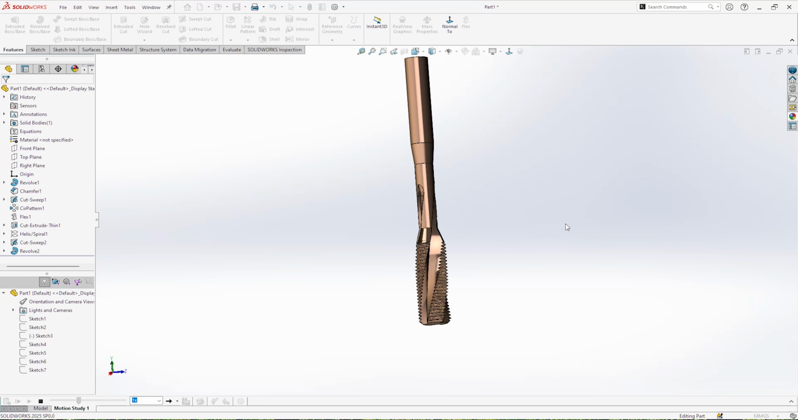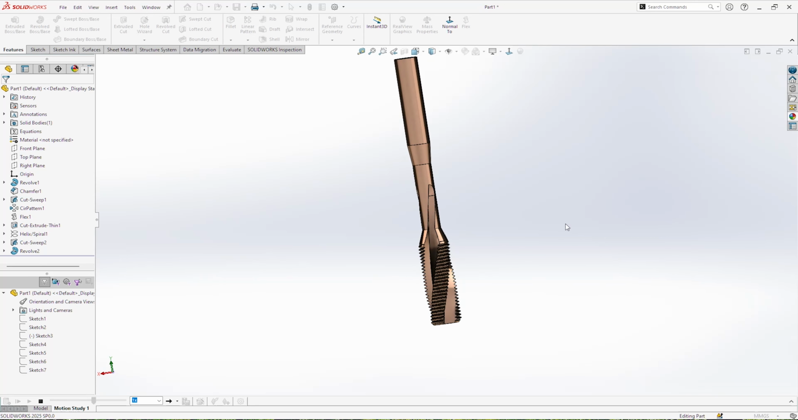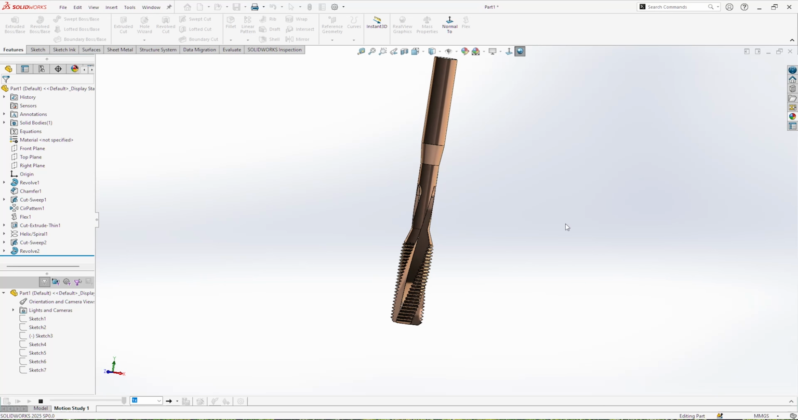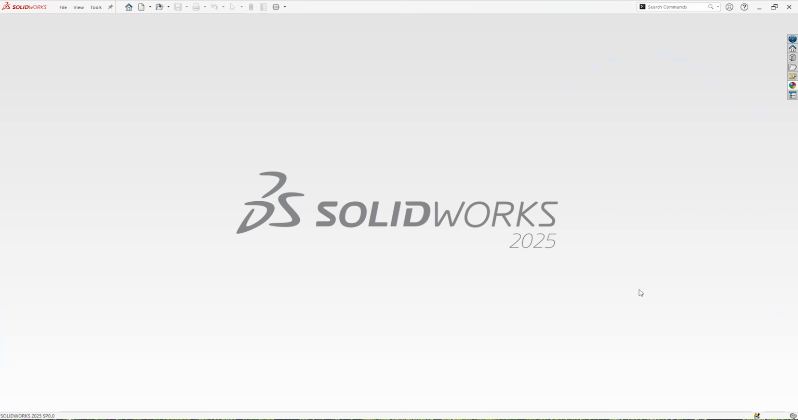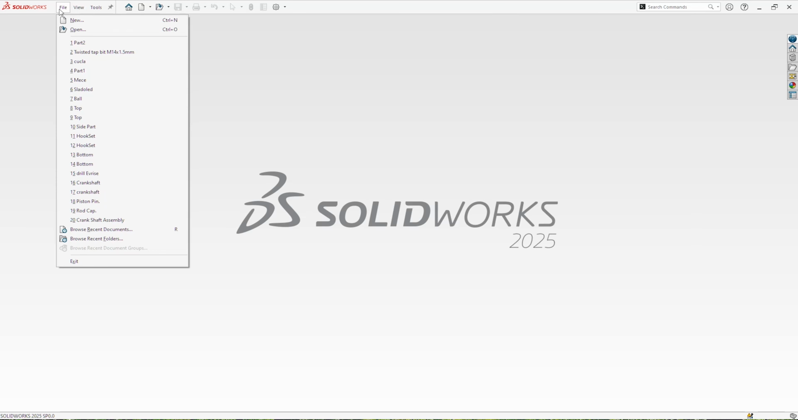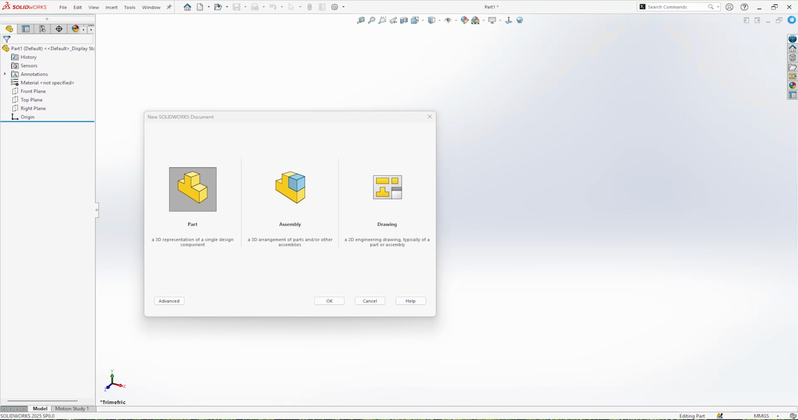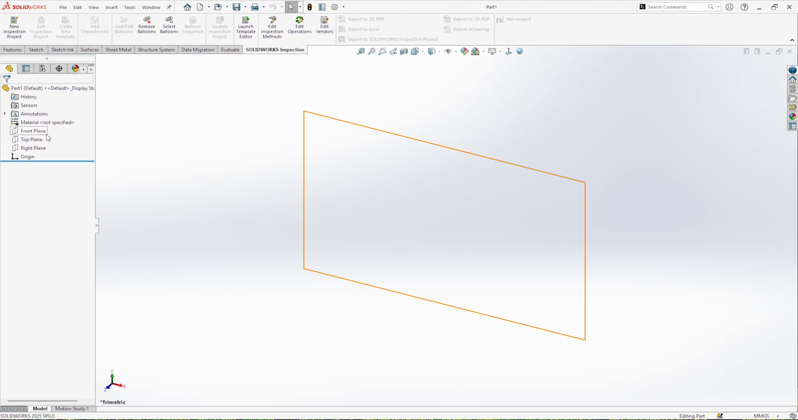Hi everyone, in this video I'm going to show you how to make a realistic thread on a twisted tap bit in SolidWorks, just like this one. For that we need to start a new part sketch, and we are going to design the blank twisted tap first, on which I'm going to show you how to create a thread pitch of 1.5 mm